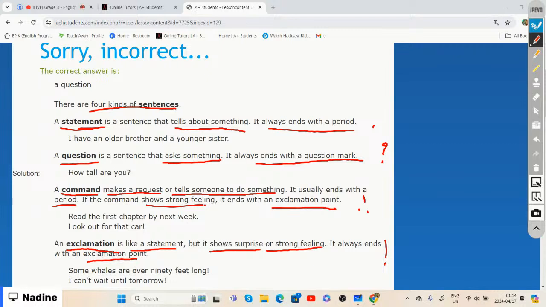And an example of an exclamation, right? Some whales are over 90 feet long. It's like you're even shocked, like, wow. You want to tell me that whales are over 90 feet long? It's like showing surprise or shock. Or you show excitement, right? I can't wait until tomorrow,